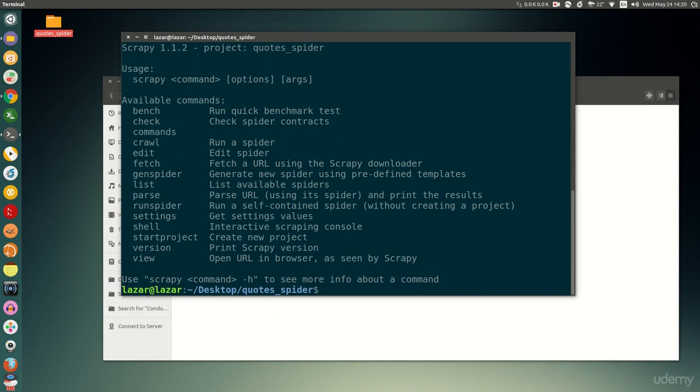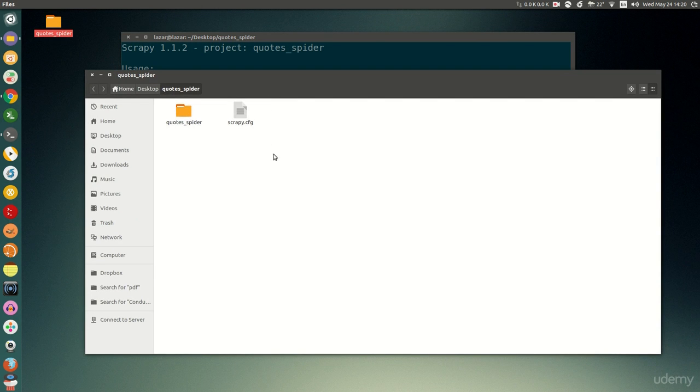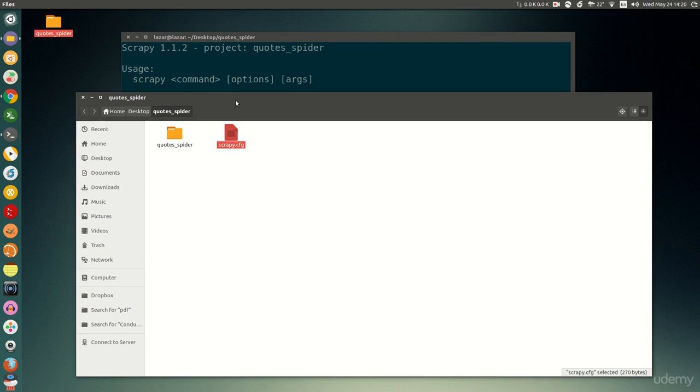The way you know you are in the root directory is by looking for the scrapy.cfg file. This is the configuration file that Scrapy creates by default. This will be covered in more detail later on.